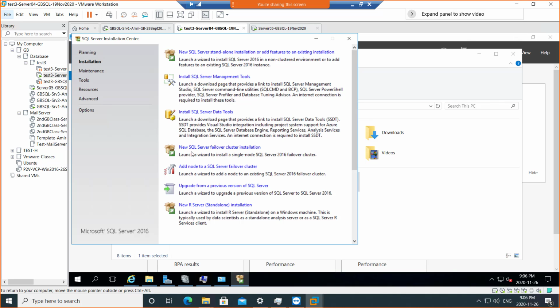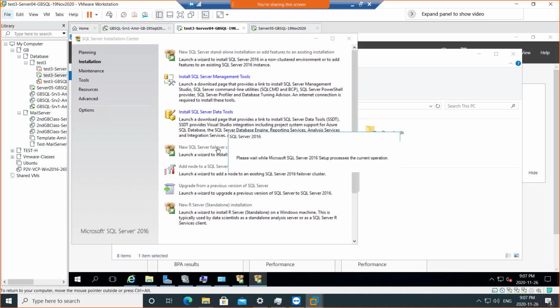But here is new SQL Server failover cluster installation. Launch a wizard to install a single node SQL Server 2016, and then you can see add a node to a SQL Server failover cluster. Launch a wizard to add a node to an existing SQL Server 2016 failover cluster. So these are the two links that we need to use once we have configured the underlying failover clustering feature. So I'm going to go for new SQL Server failover cluster installation here, and once we click that,